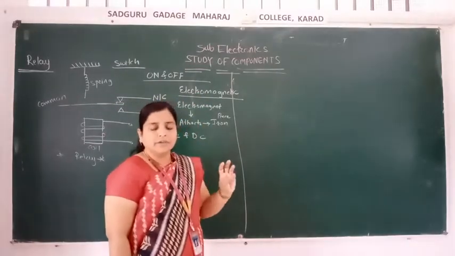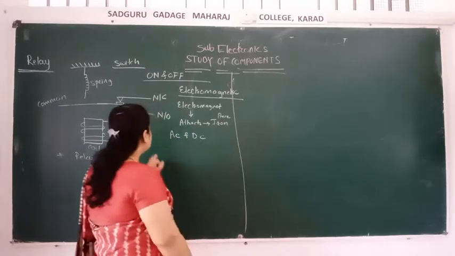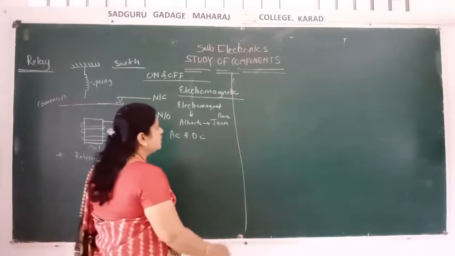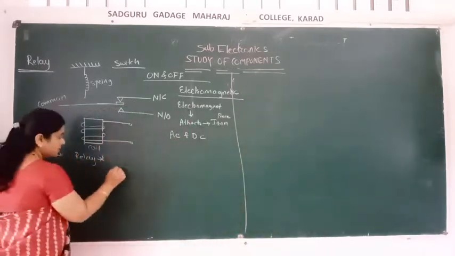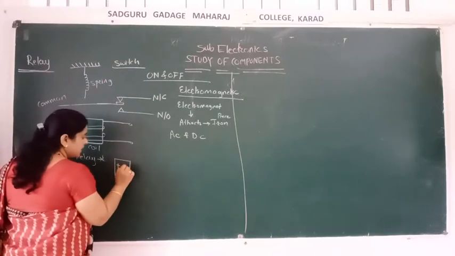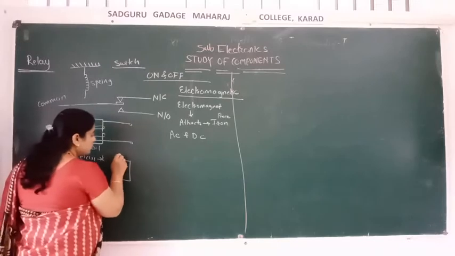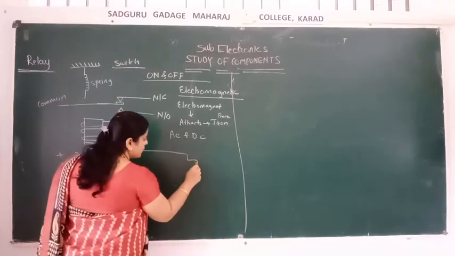Okay, it works in the AC supply also, it works in the DC supply also. So what happens? For understanding this, I will draw one more diagram. Let us see. I will draw it here. Suppose you have the battery, plus minus. Okay, then you have this bulb you have connected.